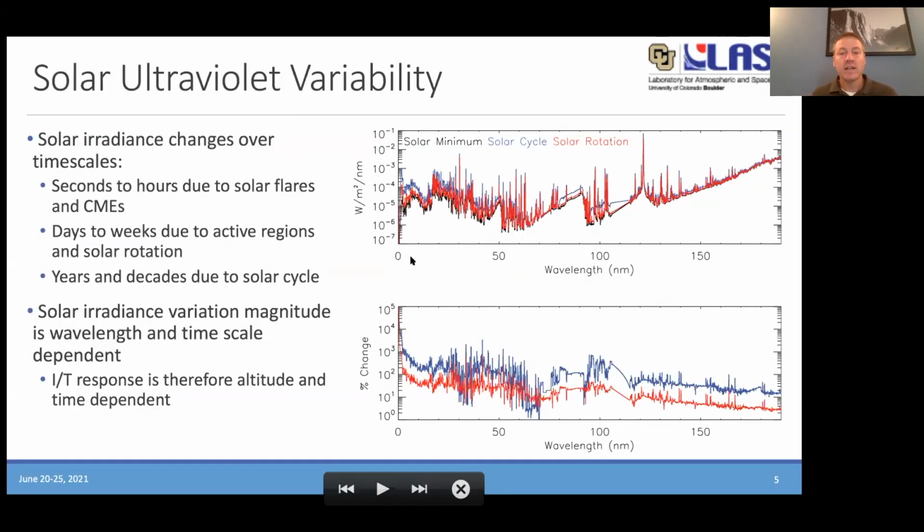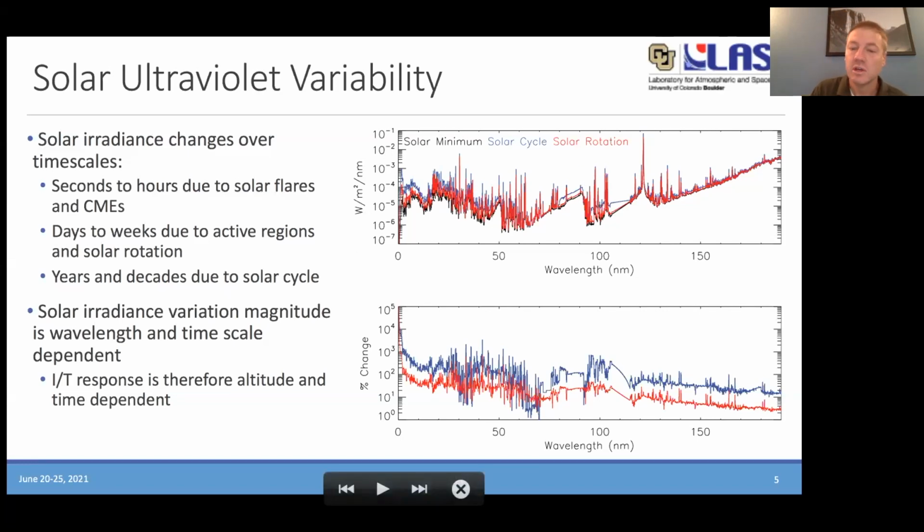And then you take this and you look at the solar cycle and the solar rotation variability. So you look at timescales of days to weeks on a solar rotation, how much this energy driver to the IT system can vary, as well as solar cycle. There's been a lot of people presenting on solar cycle, multi-decade changes in the solar EUV irradiance driver. I mean, you look at the amount of change, this very significant amount of change.